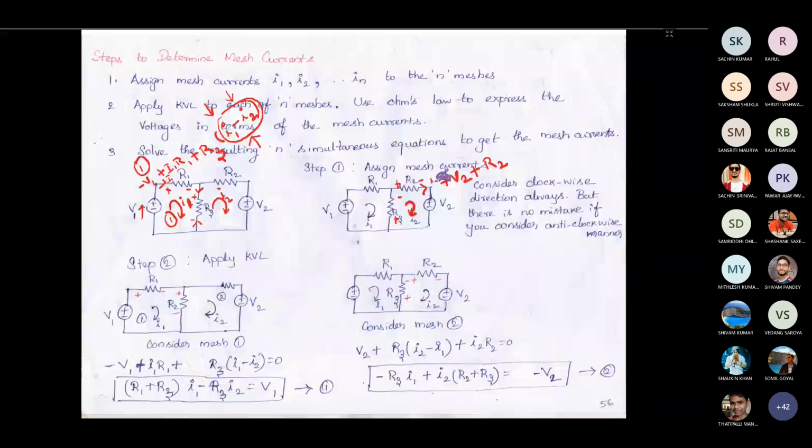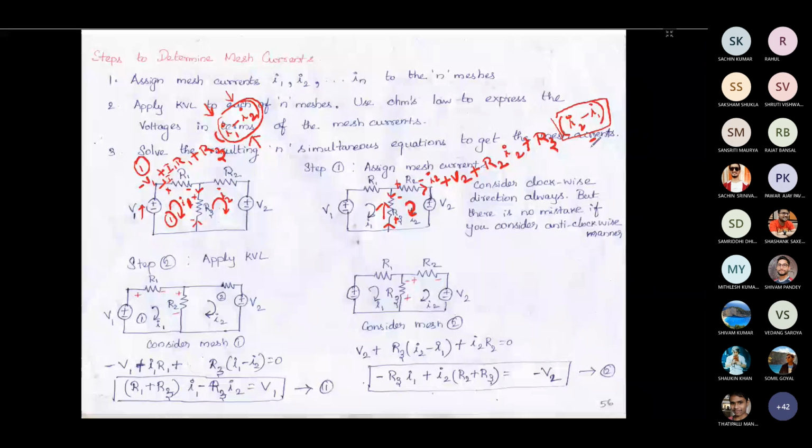For R3, one current is flowing from bottom to top and another current is flowing from top to bottom. So here we are talking about mesh 2. Since we are talking about mesh 2, we have to consider that current magnitude as higher. So we have to write I2 minus I1, because only this resultant current is going to flow through this path. Since the resultant current is flowing through this path and we are seeing from the second mesh point of view, I2 has higher magnitude and I1 has lesser magnitude. So in that case, we write I2 minus I1, then the whole equation will be equal to 0.